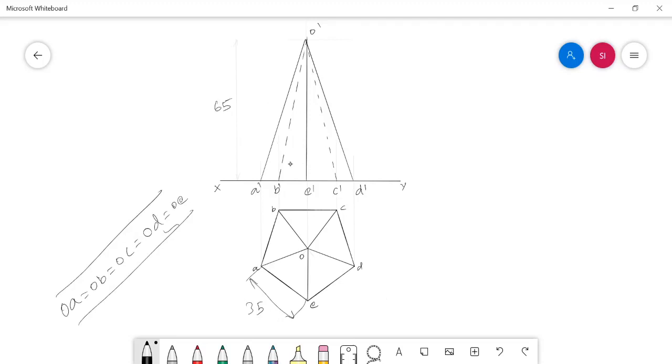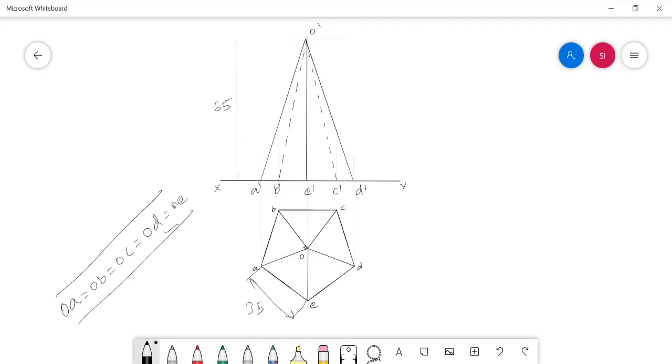Here in the front view and in the top view, we can't measure the true length, because in the top view the OA is very short. It doesn't show the true length. In the front view also, O dash A dash is not the true length of the corresponding slant edge. Why are we deciding it is not true? Because whenever an edge is not parallel to the XY line in the top view, it will not show its original length in the front view.